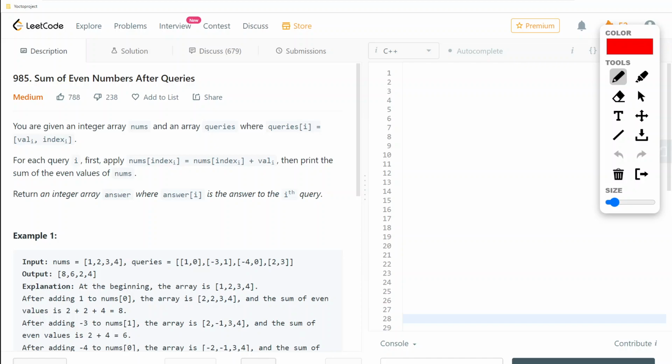So today we are going to do the Leetcode daily challenge, sum of even numbers after queries. In this question we are given two arrays, one is the nums array and another one is the queries array. So the thing which we are required to do in this question is,